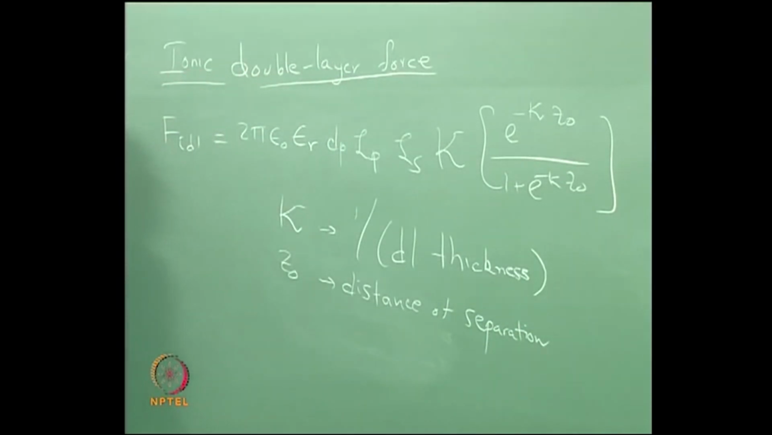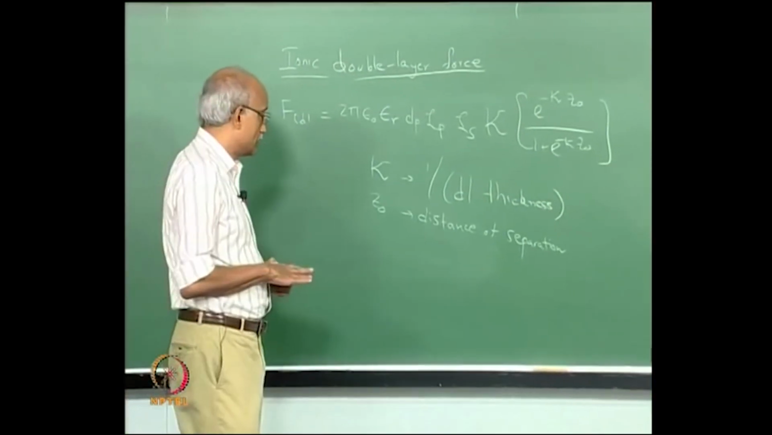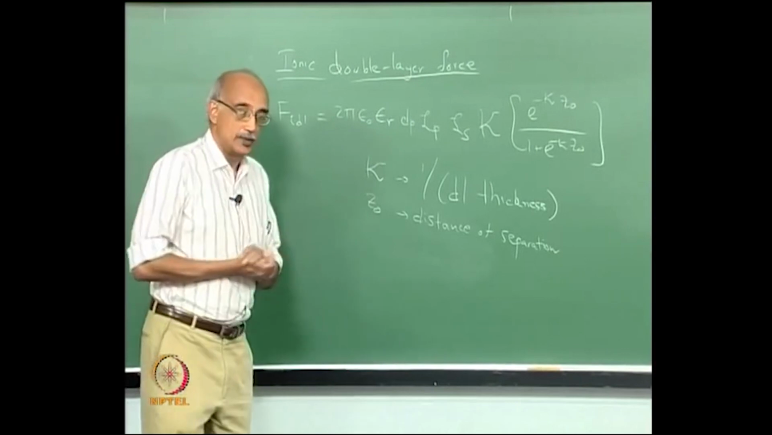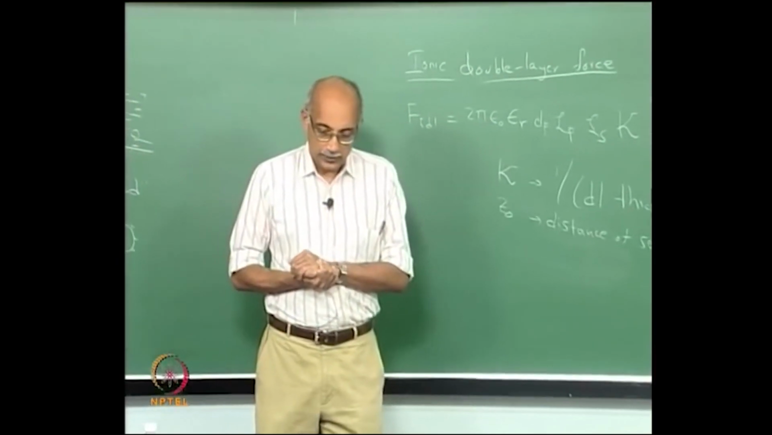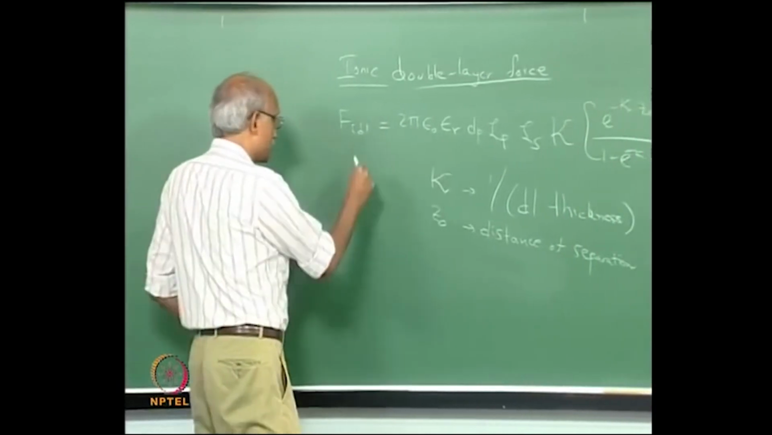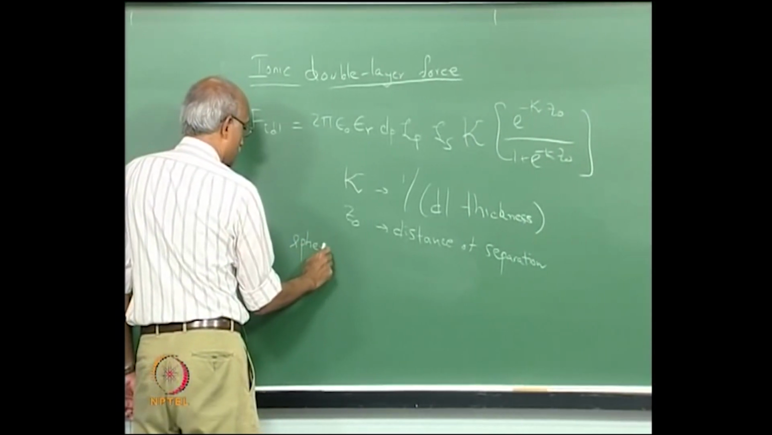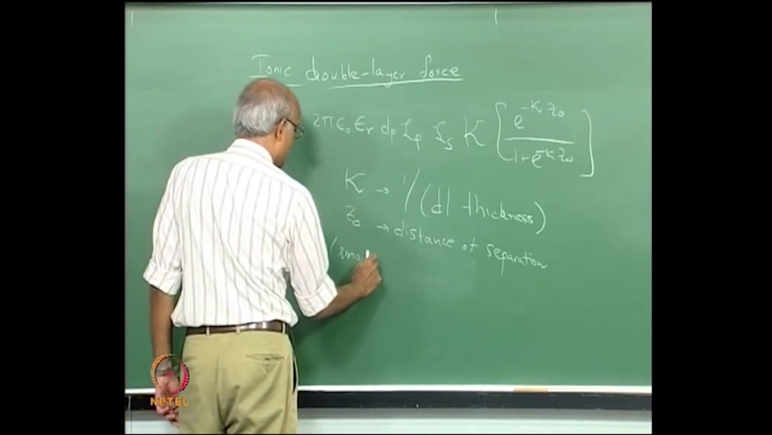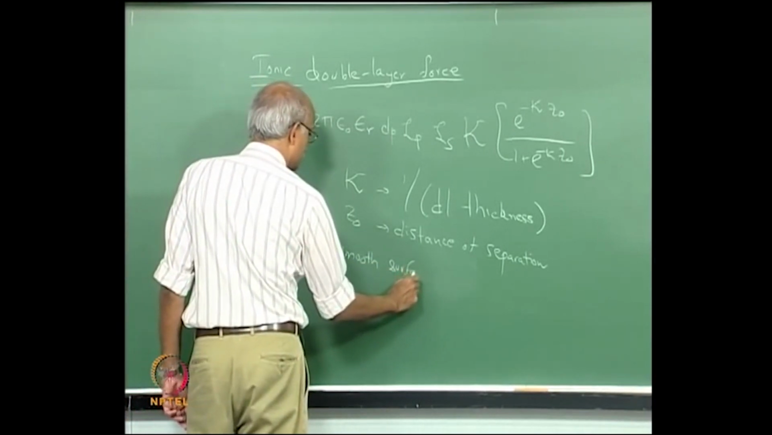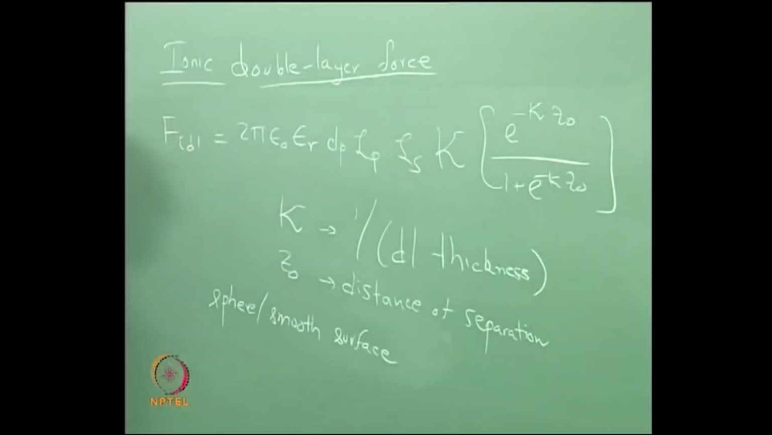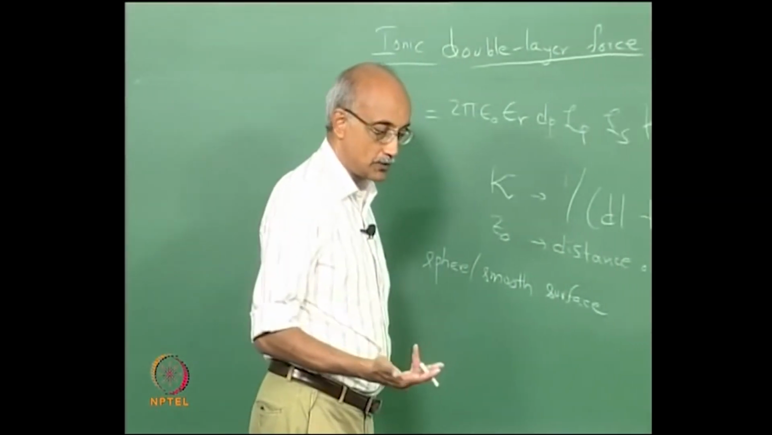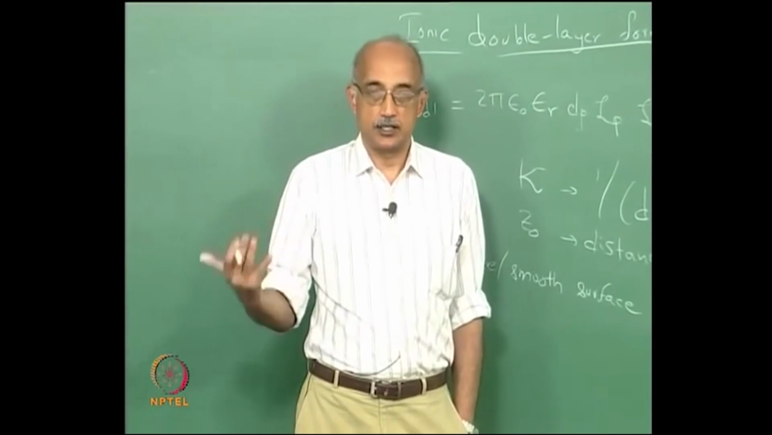Between the two objects, whether it is a particle on a surface or two adjacent particles. Now, just like with the electronic double layer force, the ionic double layer force, which by the way is again an expression for a sphere, in this case in contact with a smooth surface. You can see that again there is a linear dependence of this force on particle size. In fact, if you review, most of the forces that we have talked about, adhesion forces, have a linear dependence